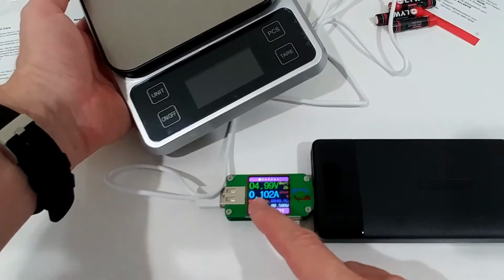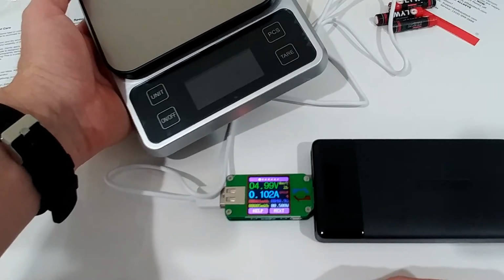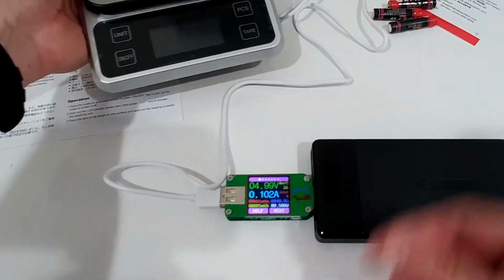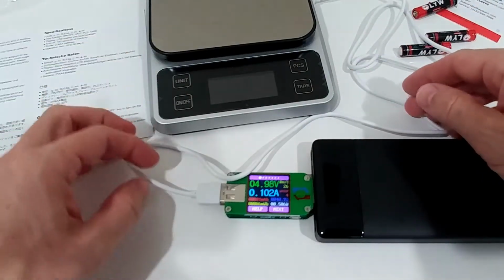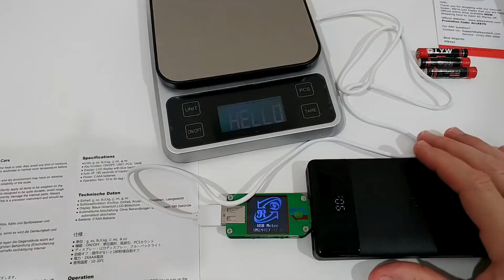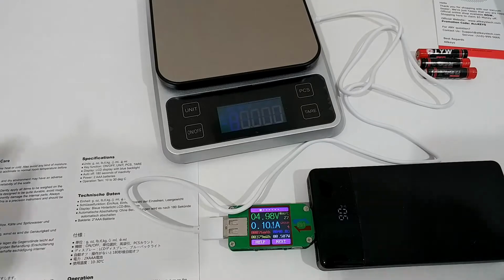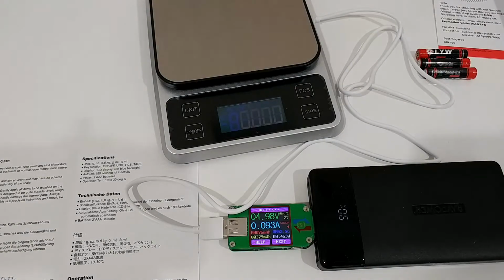I mean, they are talking about charging for 6 hours if you need a full charge, but you don't have to be worried. I would just charge it overnight or so, and then it lasts for a couple of months. So I leave it like this and see what's going on. So charging has been stopped, but it was super slow anyway, so I think it was pretty full. And really at the end of the charge, I think 76 milliampere hours have been going into the battery,